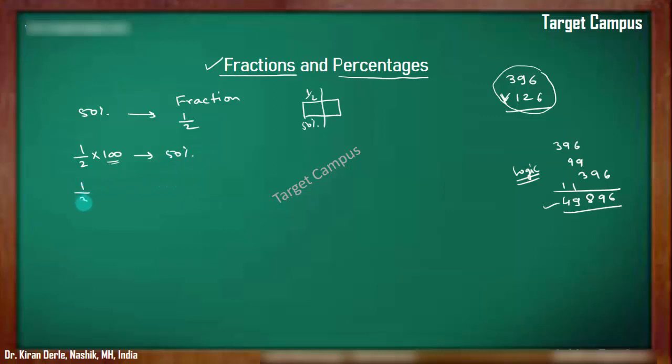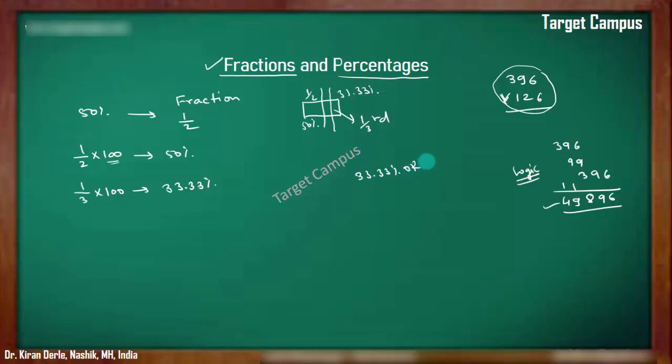In the same sense, what is 1 by 3? 1/3 is nothing but 33.33%. So of the same wall, if we calculate 1/3, let's say this is the 1/3 part, and we can also say that it is 33.33%. And if someone asks